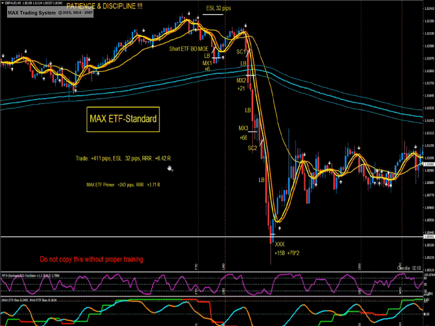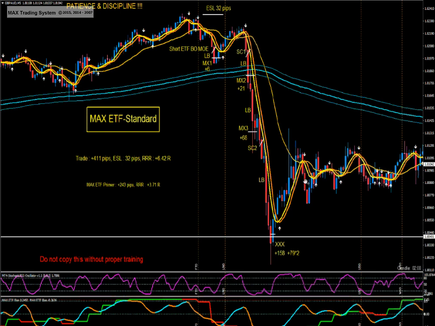And you can see the difference between the Max ETF Standard and the Max ETF Primer. With the Max Standard, we have almost double the result of the Max ETF Primer. Typically, with the Max ETF Standard, we will increase the profit of the Max ETF Primer by 30% to 300%, so almost 100% in this case. So